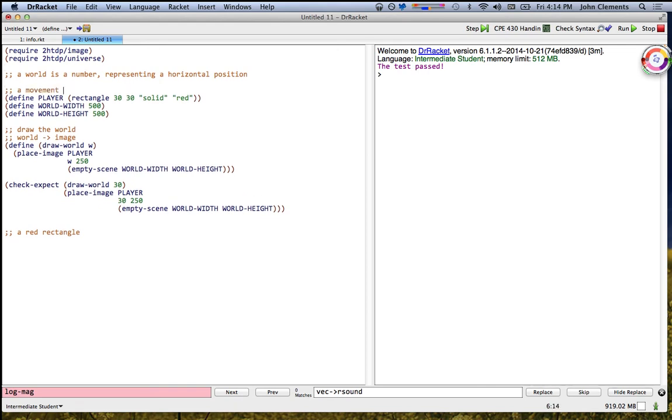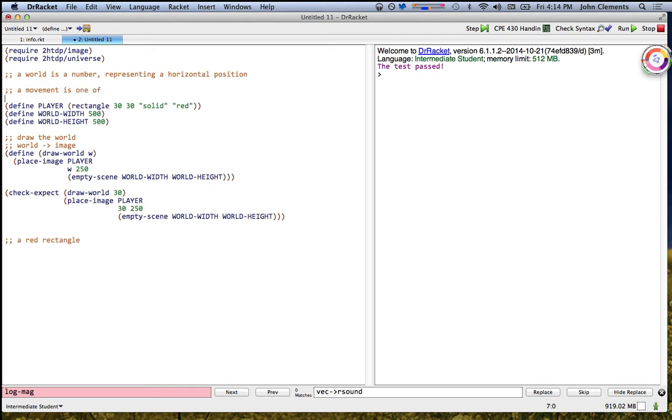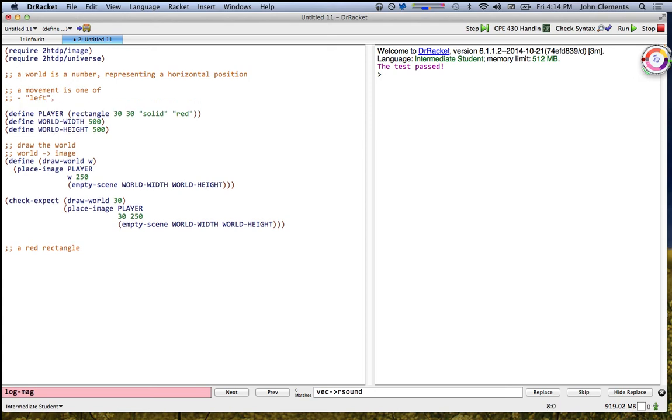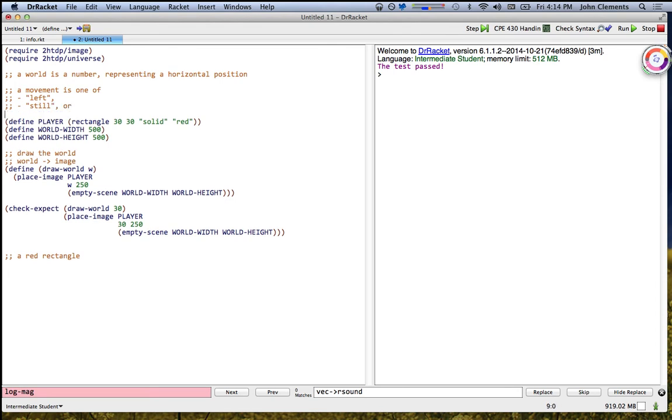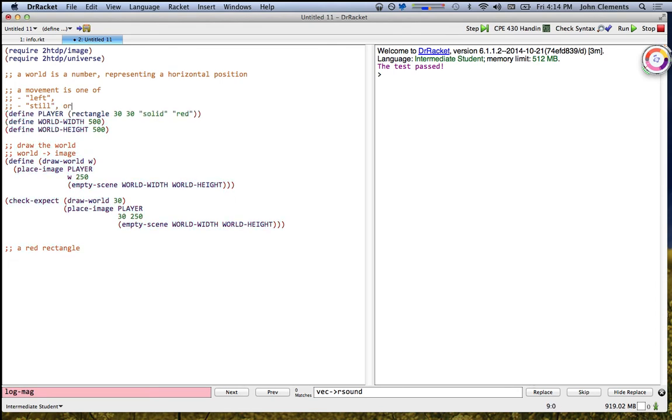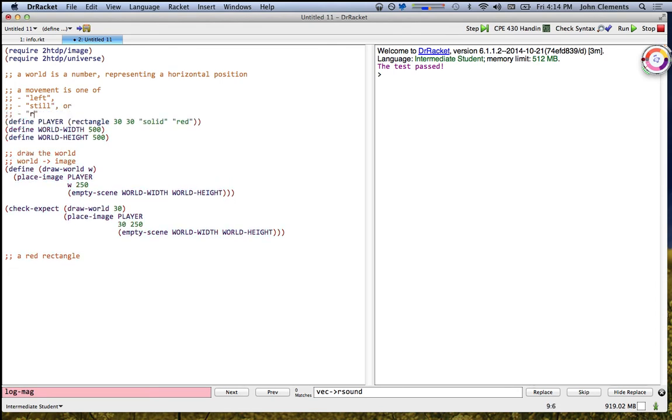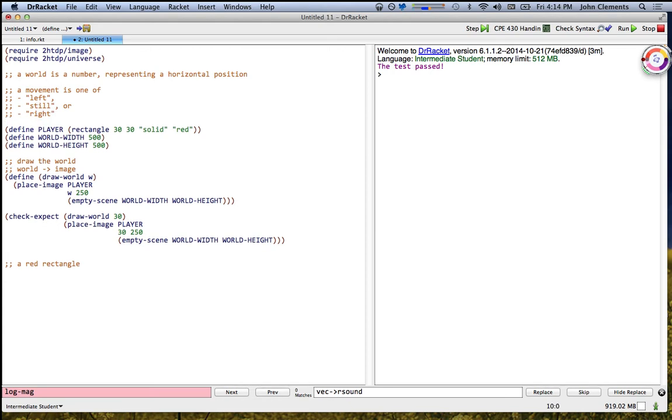A movement is one of: left, still, or right. Okay, and now we're going to say a world is make world